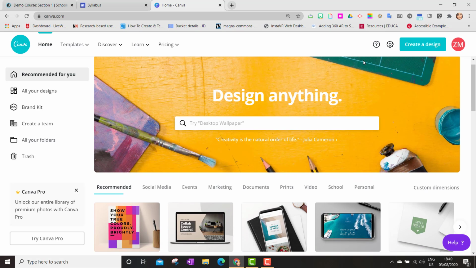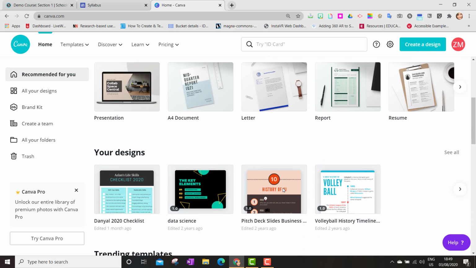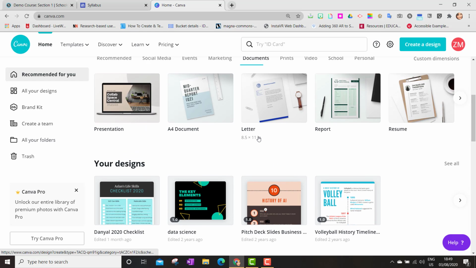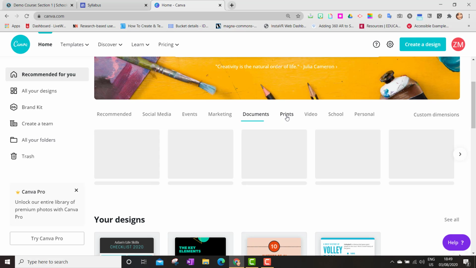Now, Canva is a wonderful what-you-see-is-what-you-get, WYSIWYG editor that allows you to create professional documents. Here are the templates that you can look at: report, letter, document, presentation. These are my previous designs. It adds to your account any prints,